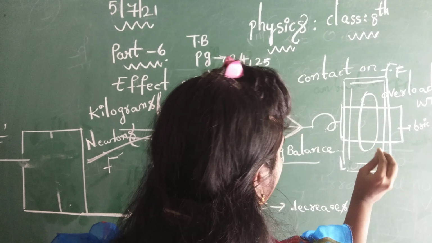So note those readings also in the second case. Is there any difference between frictional forces in the two cases? Yes. In the first case, the brick moves a maximum distance, but in the second case, it moves a shorter distance because of the excess weights we have added. In the first case, we added only one brick, but in the second case, we are adding excess weights. So its performance will be very low.